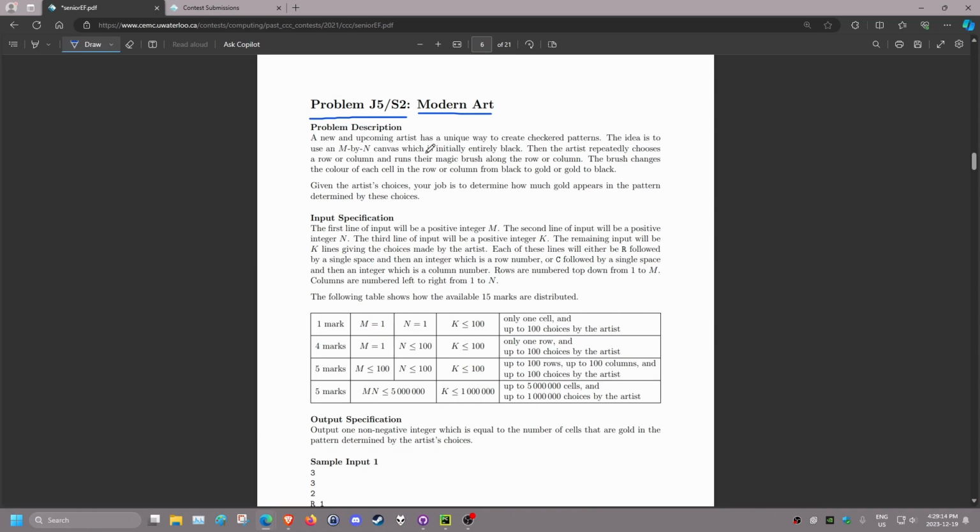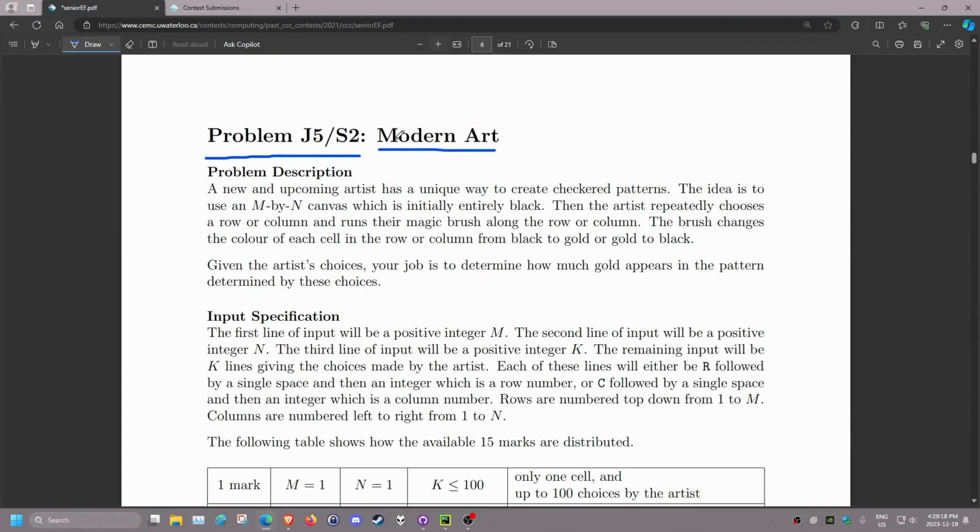The idea is to use an M by N canvas, I'm going to zoom in, which is initially entirely black. Then the artist repeatedly chooses a row or column and runs their magic brush along the row or column. So they can choose a row or column and run it along the entire row or column. The brush changes the color of each cell in the row or column from black to gold or gold to black. So for example, if we have a small canvas here,